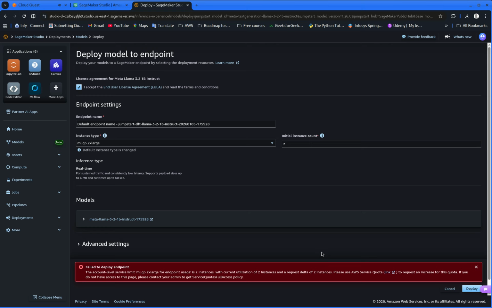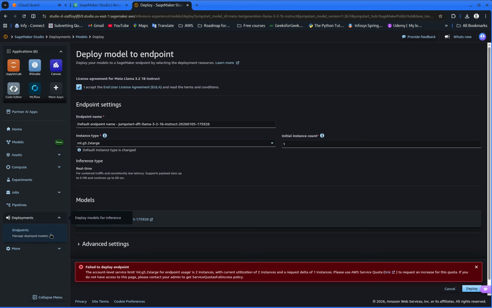Let me check. Usage is 2 instances. We currently utilize 2 instances and require 1 more. What we have here is we only have permission to run one instance, so we'll have to go to